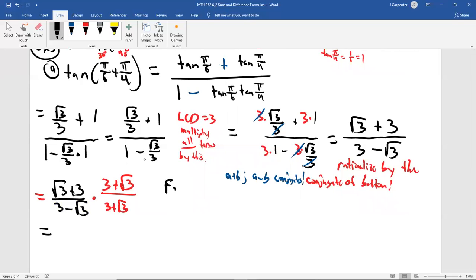Then you've got to foil the top, foil the bottom. The answer in the bottom should just be something like a 5, or